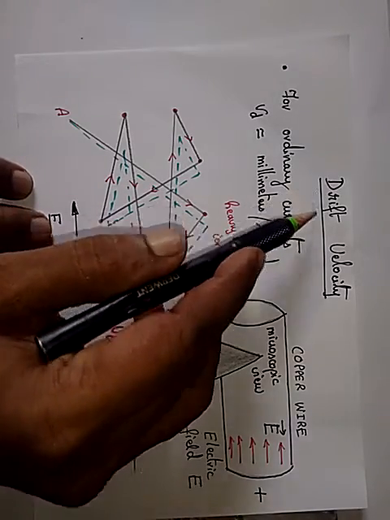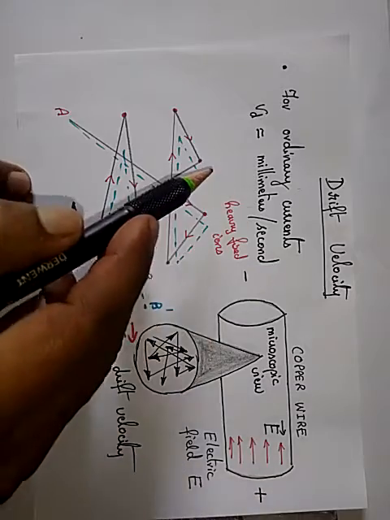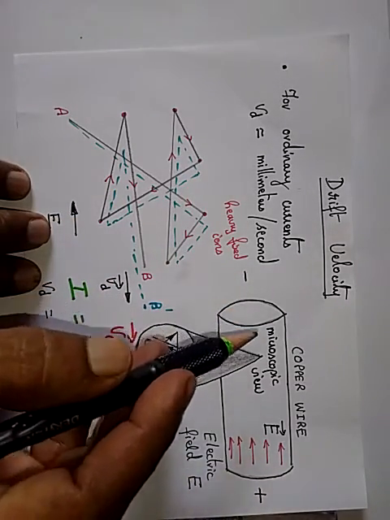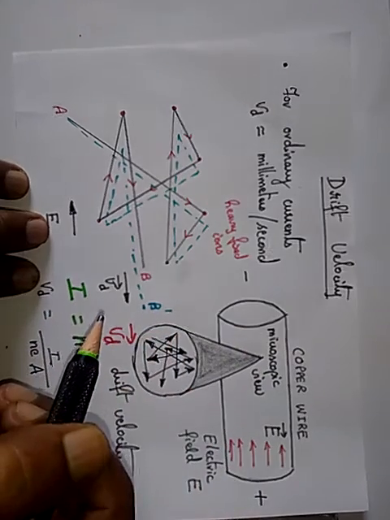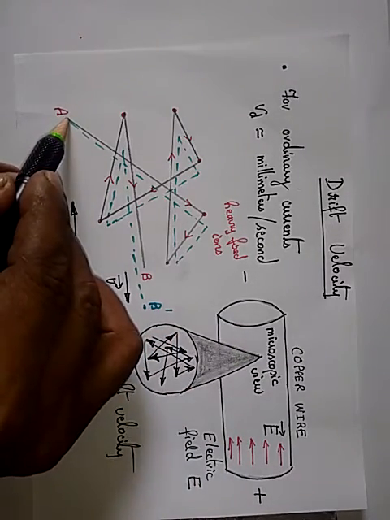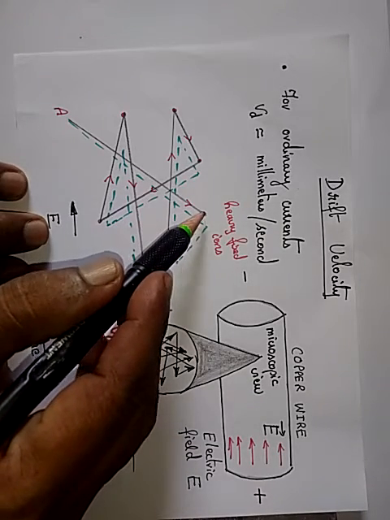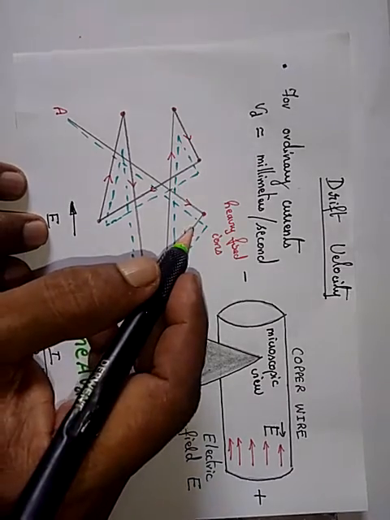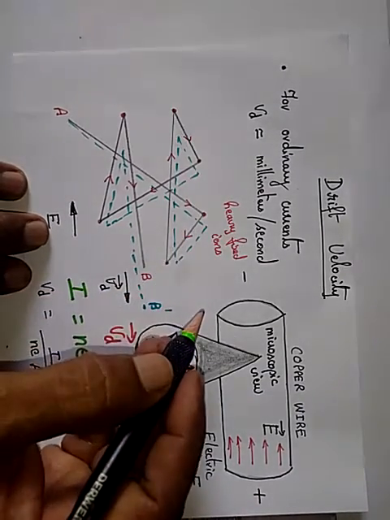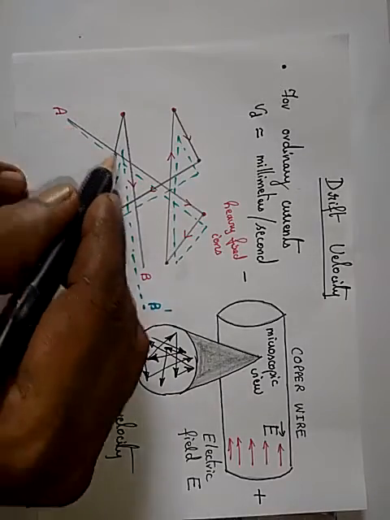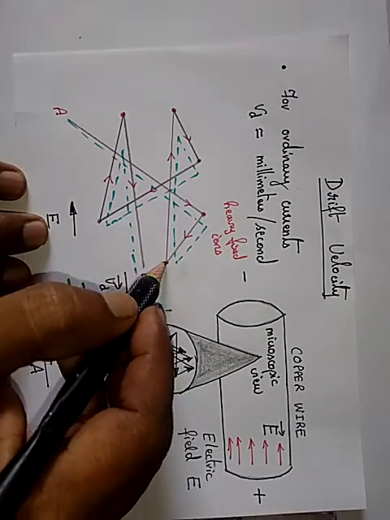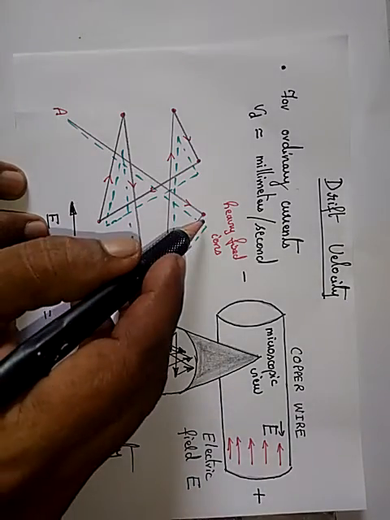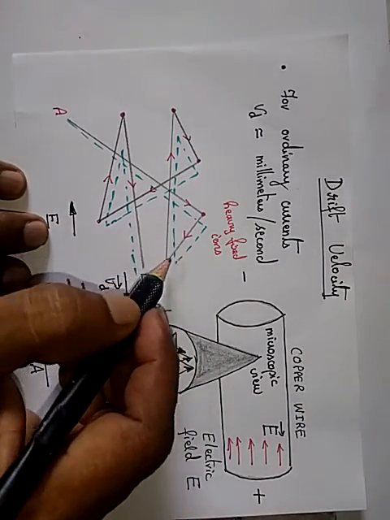So today's topic is drift velocity. We all know that an electron will suffer collisions with heavy fixed ions. That means an electron traveling from A will hit a heavy fixed ion. Now it will emerge with the same speed but in a random direction. So the incoming speed and the outgoing speed are the same, or the velocity magnitude is the same even after hitting the fixed ions, but the direction is random.